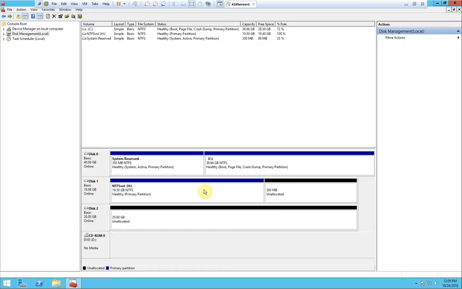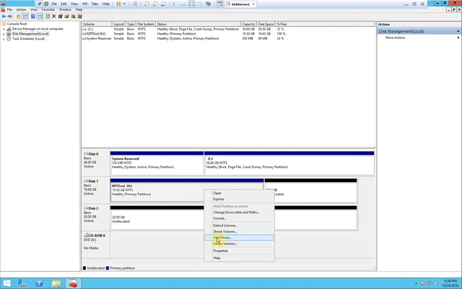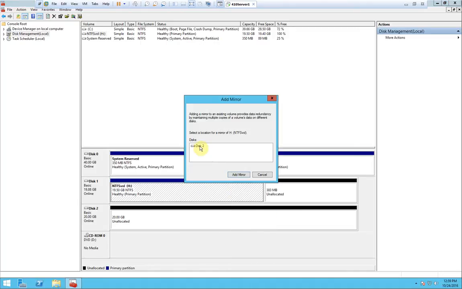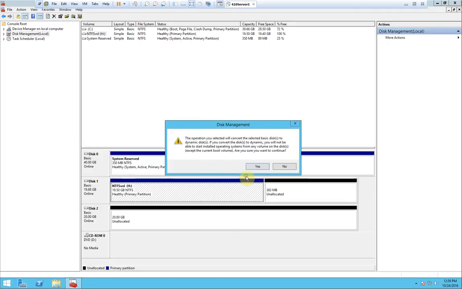Now I'm being asked to right click and add a mirror volume. So I'm going to add mirror. And in this instance I can only mirror to disk 2. So I'm going to select disk 2, click add mirror,